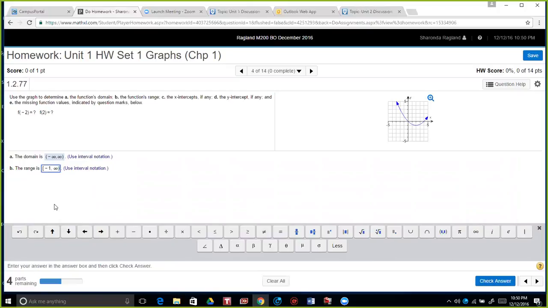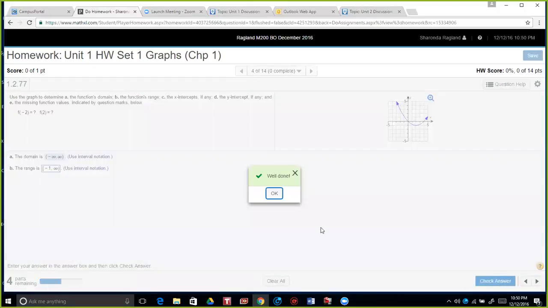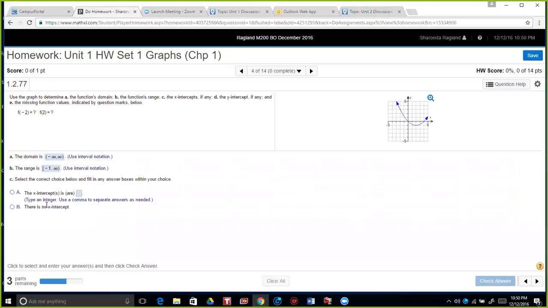So we said that the smallest y value is -1 all the way to positive infinity. Okay, so let's check that out. Very good. Okay, so I hope that this is clear. All right, now the